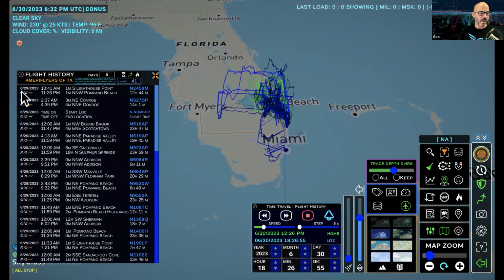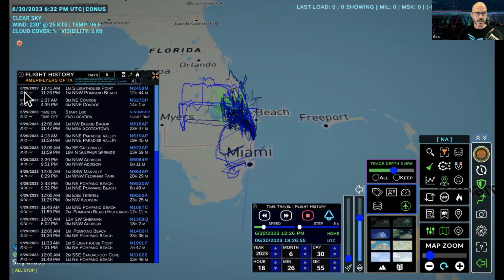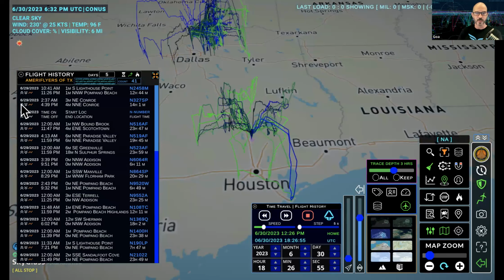All right. So the up chevron will take you to the start. The down chevron will take you to the end point. For military aircraft, just so you know, often they'll take off from one place, go do their work, and then come back and land. So unless it's actually moving an asset somewhere and taking off and landing somewhere else, you may not get a different starting and end point. But for some of these, there are,